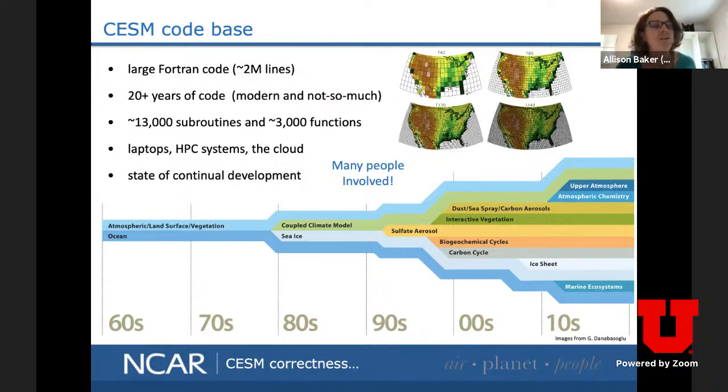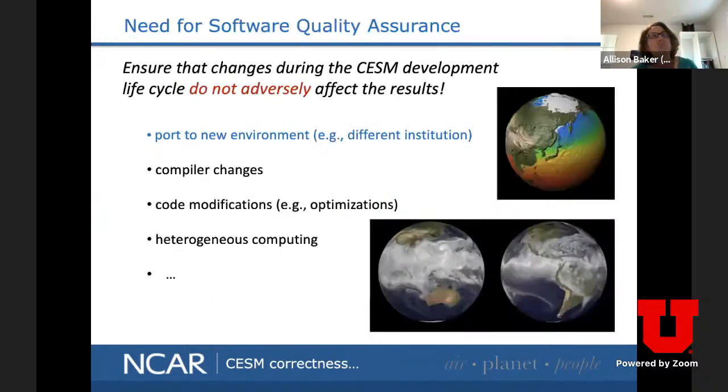This code has been in development over many years. You can see the timeline below of how things got started. So some of the code is nice modern Fortran code, and some of it, I'll just nicely say, is not. There are lots of subroutines and functions, but the main thing is that this is an interdisciplinary community effort. So many people are working on it, and it's in constant development, so it's really important that we have a means of assessing the software quality so that people feel confident using it, feel confident making decisions based on simulation